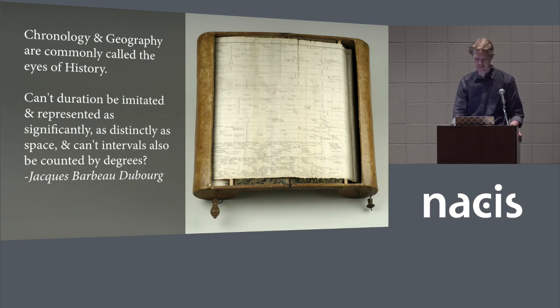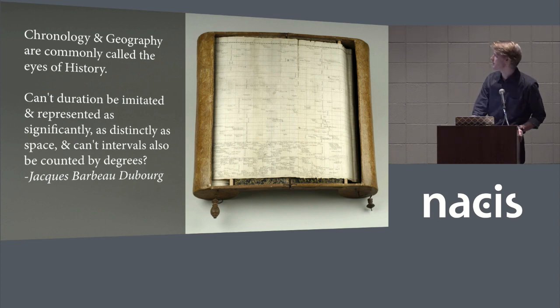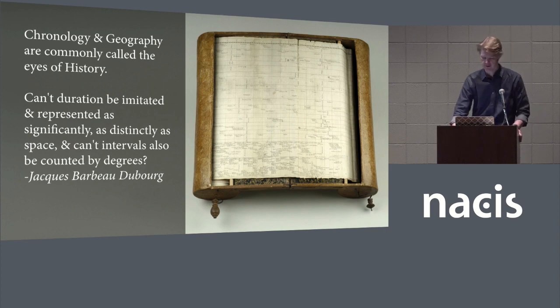In 1753, Dubourg wrote, "Can't duration be imitated and represented as significantly, as distinctly as space, and can't intervals also be counted by degrees?" But note, Dubourg did not abandon geography. Each swim lane on this chart represents a particular geographic region. This spirit of trying to see time as well as we see geography is echoed through the annals of the